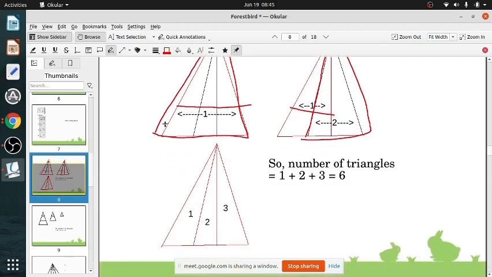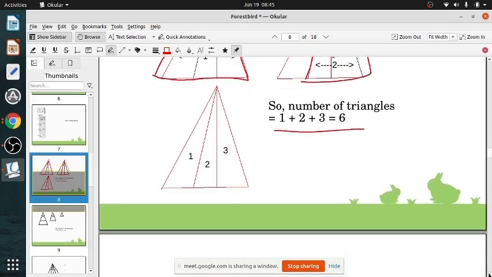So here you got 1, here you got 2, either the first and second or second and third, and here you got 3. So you add 1 plus 2 plus 3, the same thing you do in rectangles. So 1 plus 2 plus 3, that is 6. This method is like our method for counting rectangles, not for counting squares. For squares we were doing 4 into 4, 3 into 3, not that. Here we are counting only horizontally. Vertically there is no boundary, it is not divided.